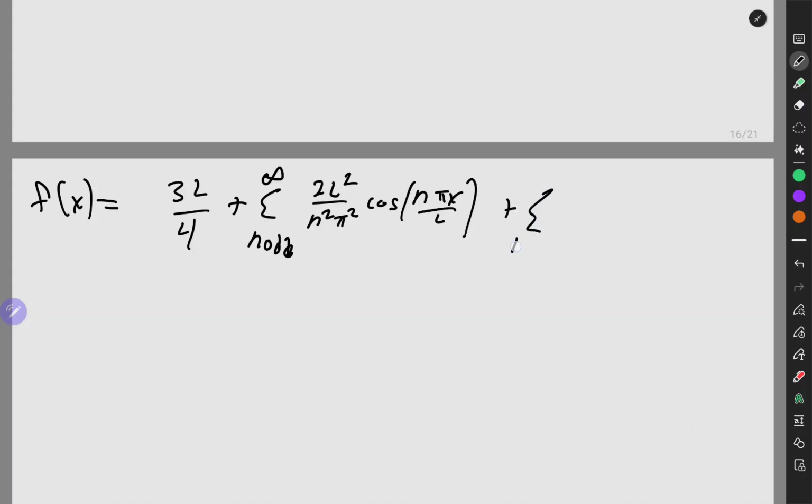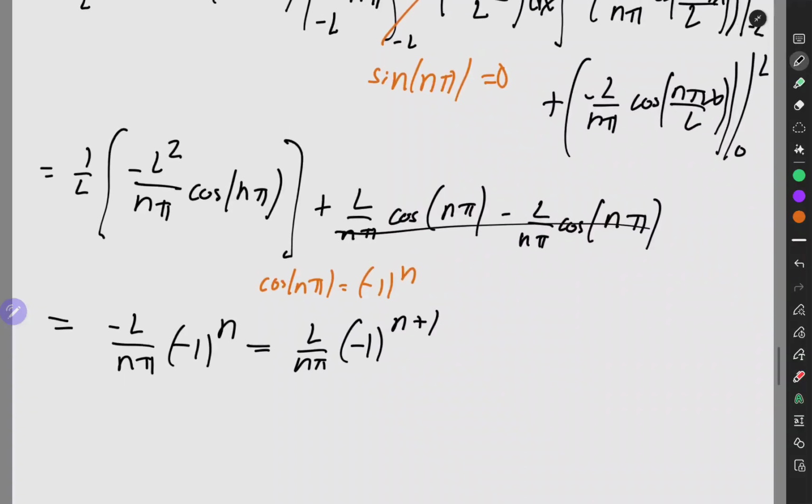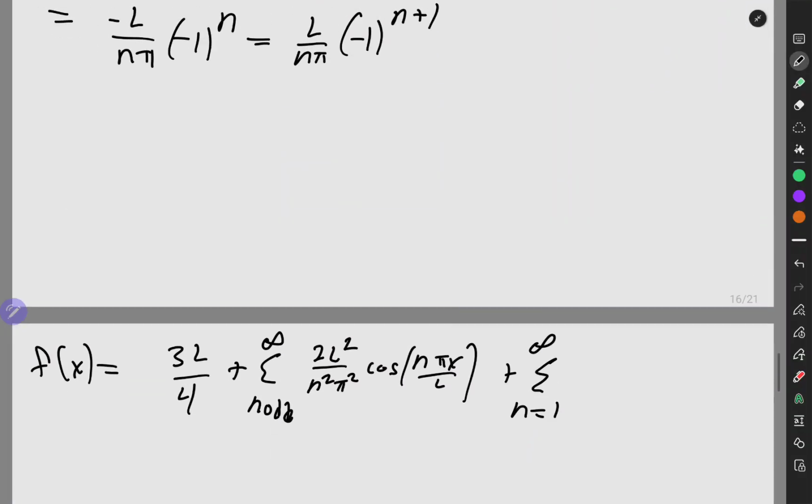Now we do have one normal summation here. Sorry, my summations look awful. L over n pi times negative 1 to the n plus 1 times sine of